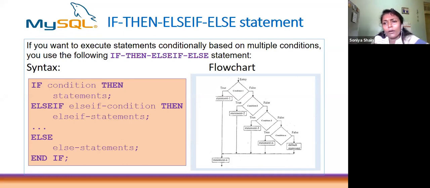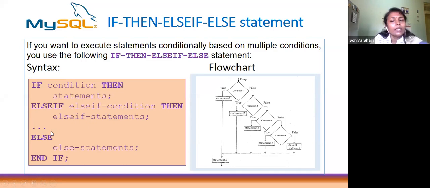So a group of decisions or conditions has to be followed in the case of if then else if. Let us discuss the syntax. If condition, then you write the statements. Then else if, that is the syntax here. Instead of putting braces or opening the else as in C programming, here the difference is you write the else as else if, then write the next condition. If the first condition is not satisfied, you write the next condition, repeating it. That means a group of conditions is occurring. Then you write the corresponding statements for that one.